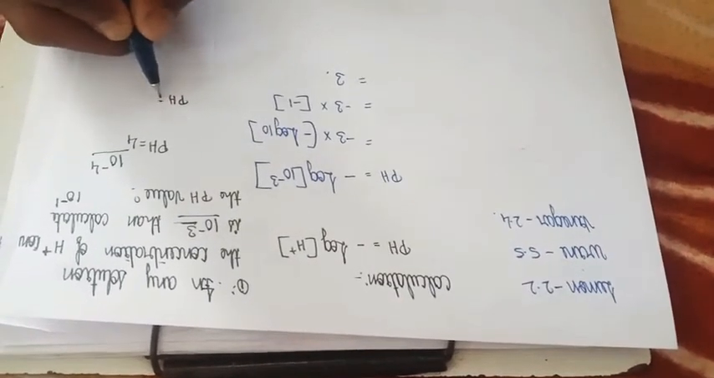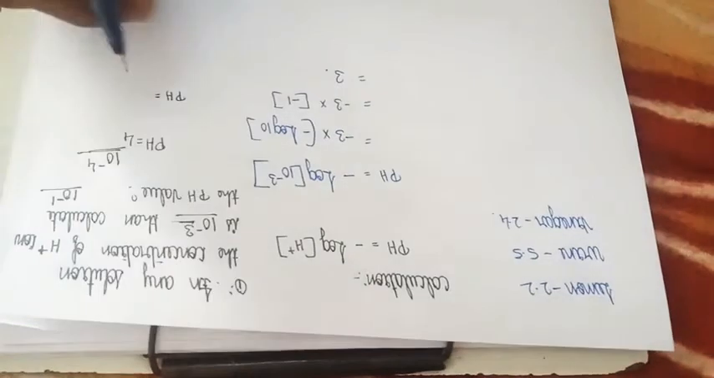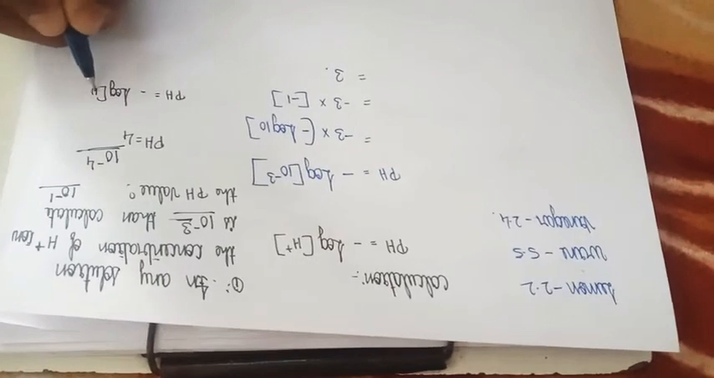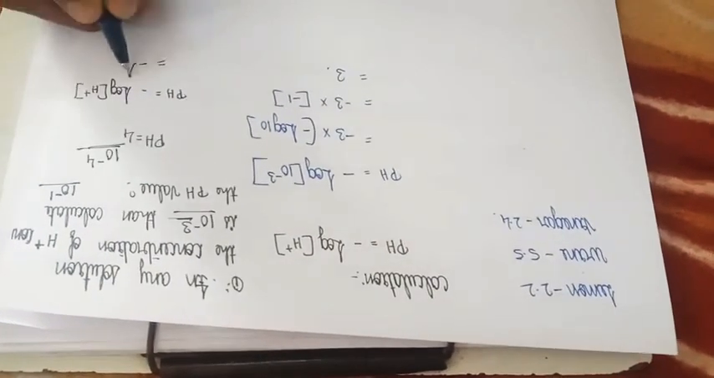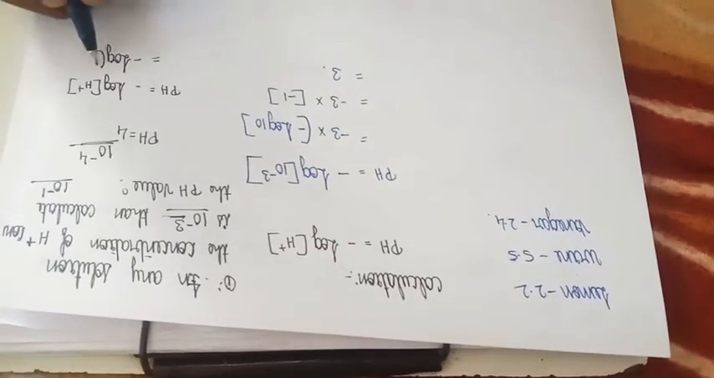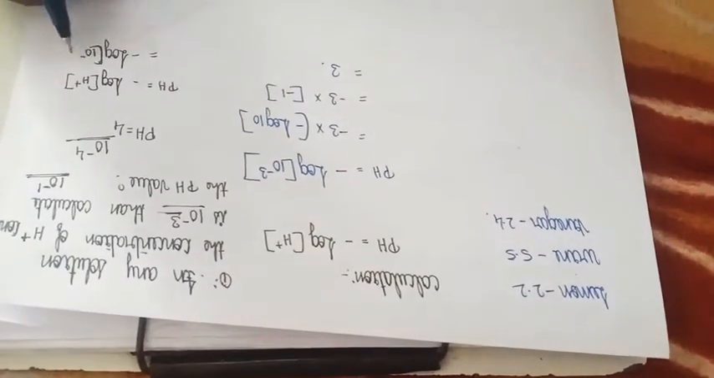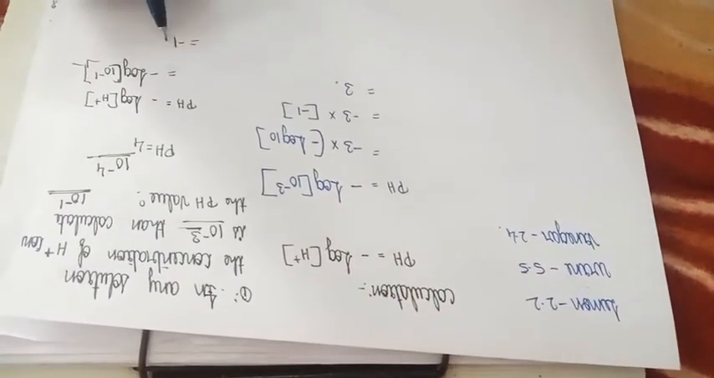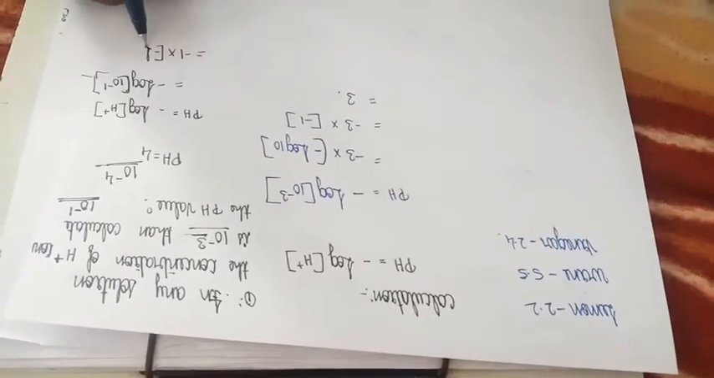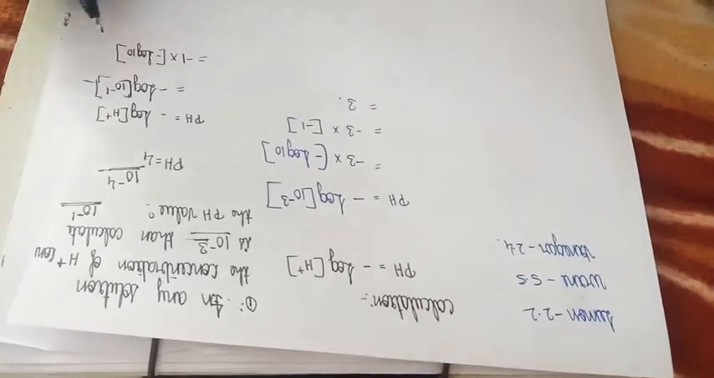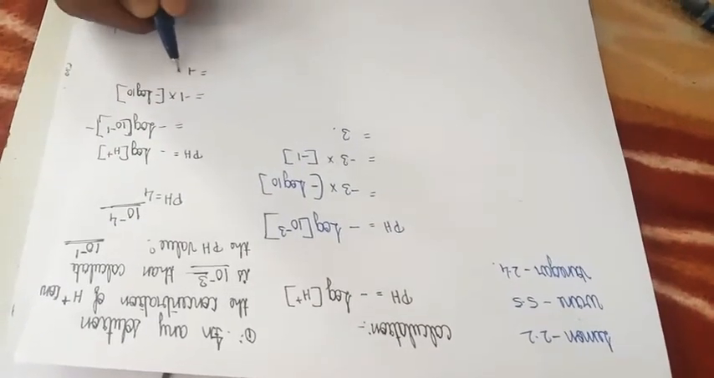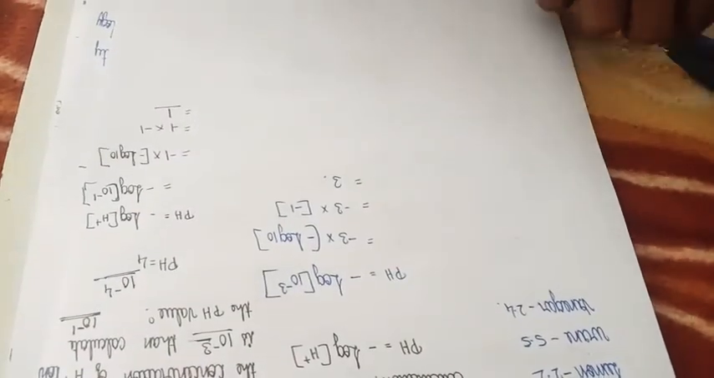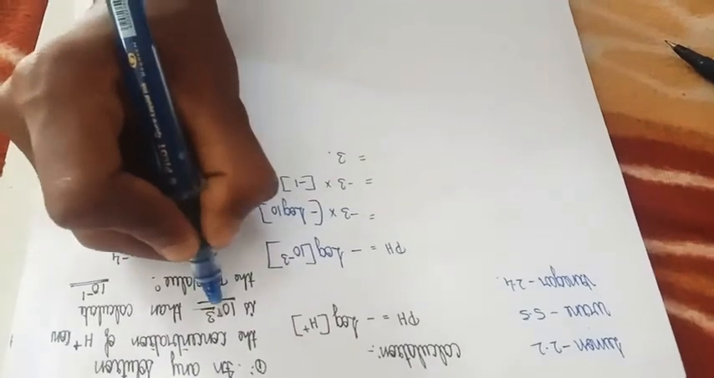We should calculate the pH value of 10 to the power minus 1 and 10 to the power minus 4. What is the formula? pH equals minus log of H plus ions. First of all, we calculate 10 to the power minus 1. Then the minus 1 comes outside, into minus log 10. Log 10 value is 1, so minus 1 into minus 1 is plus 1. pH is 1. If the concentration is 10 to the power minus 3, 10 to the power minus 4, 10 to the power minus 5,